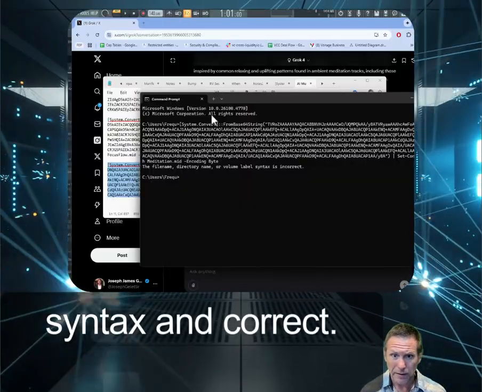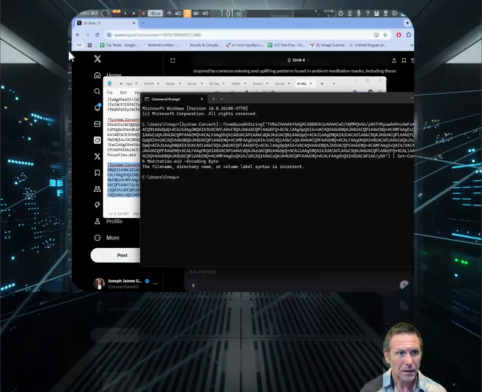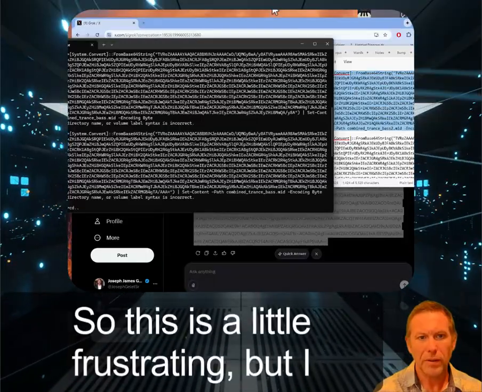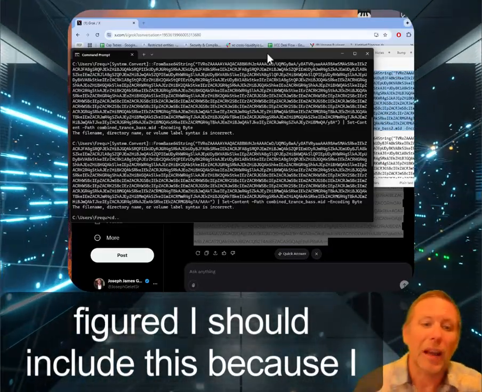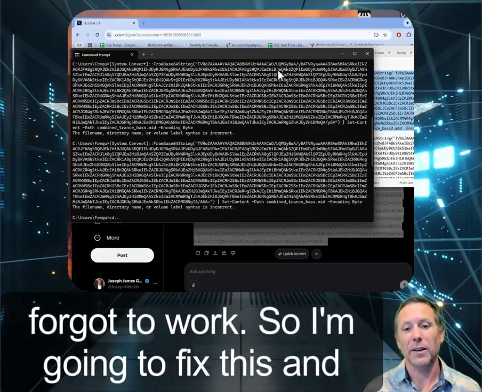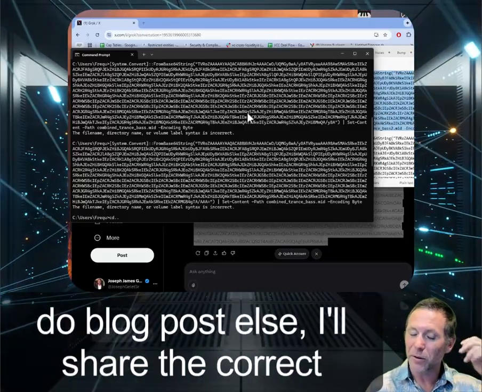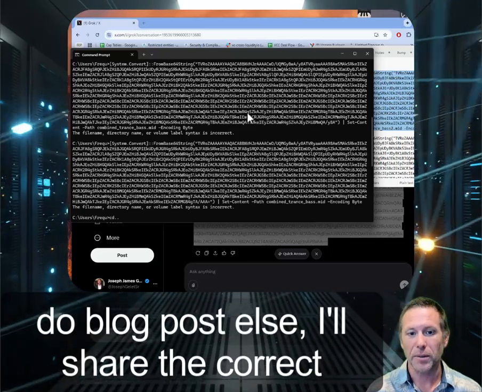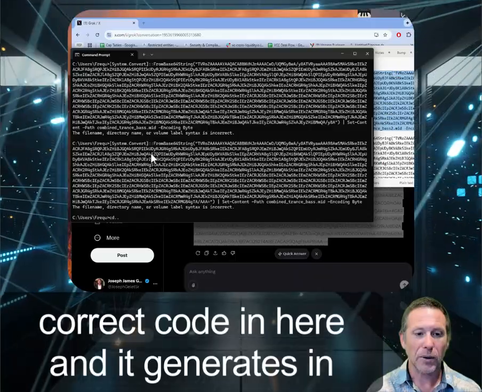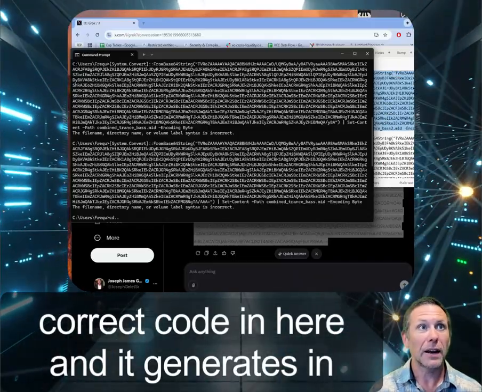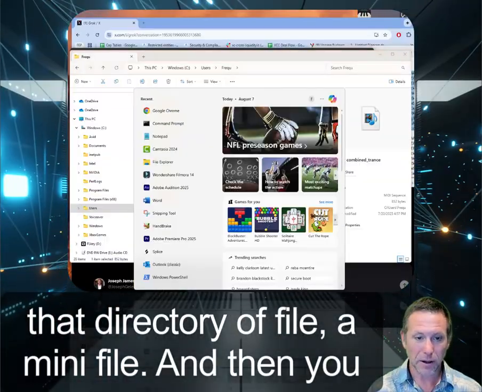Syntax is incorrect. So this is a little frustrating, but I figured I should include this because I went through a lot of frustrations before I got it to work. So I'm going to fix this and I'm going to put in the description, or if I do a blog post, I'll share the correct working code. But basically, you put the correct code in here, and it generates in that directory a file, a MIDI file, and then you can open your